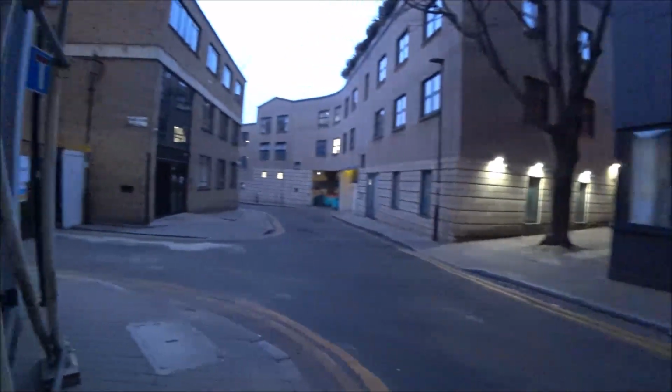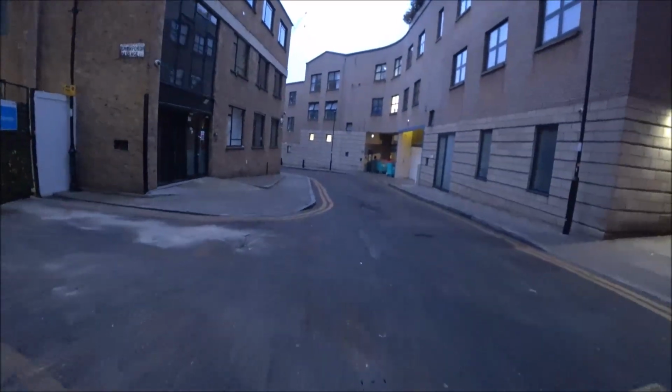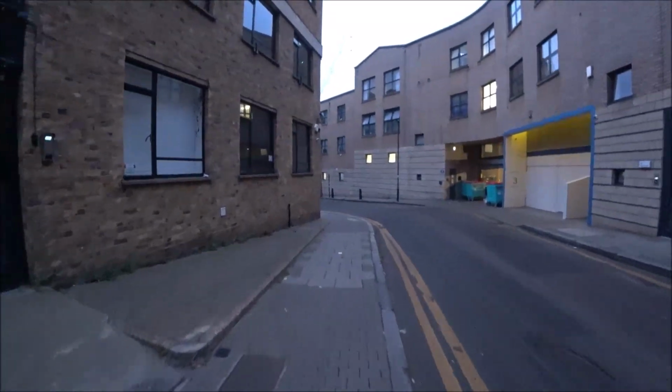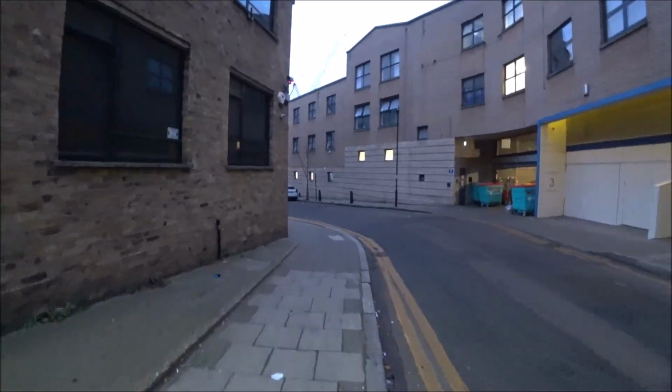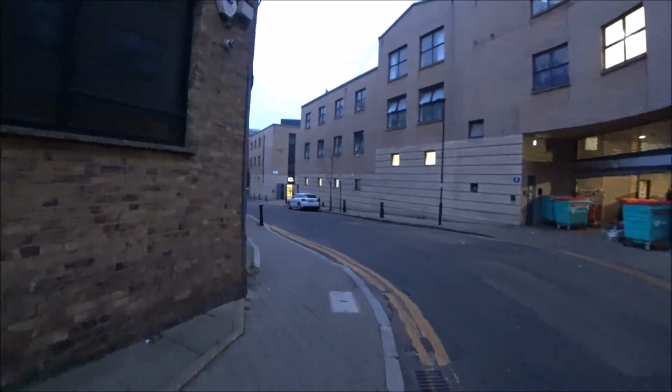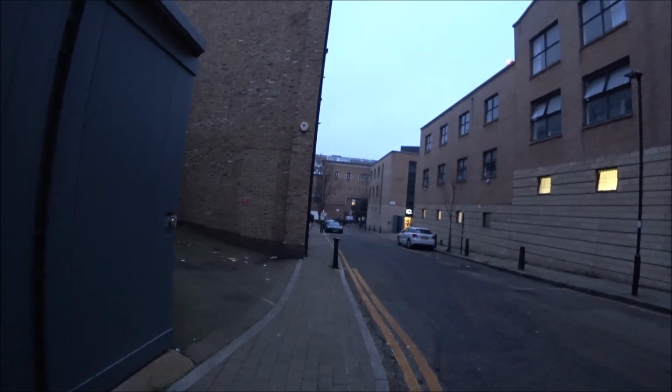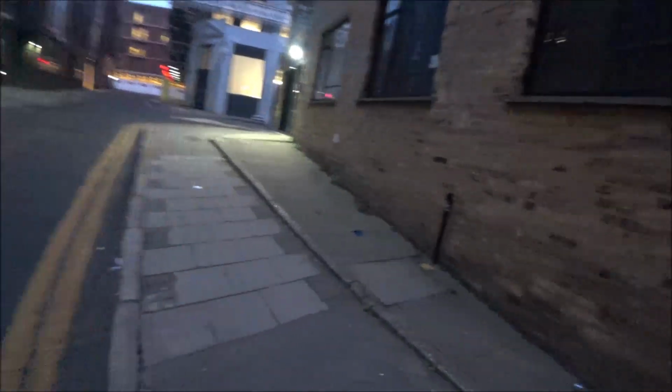And we are in Baker's Row. Alright, let's have a little walk down here. Baker's Yard, Warner Street. Yeah, I don't want to go too far down now. I'll get back on track really. I wanted to show you Rosebery Avenue and the little bridges that you get over the other streets, because once upon a time this would have been the valley of the River Fleet, and the River Fleet would have flowed through this area,